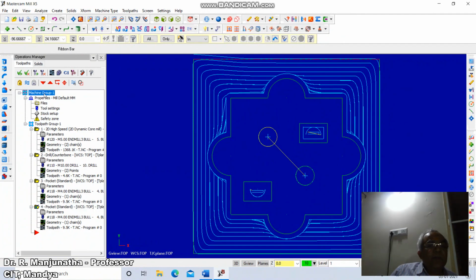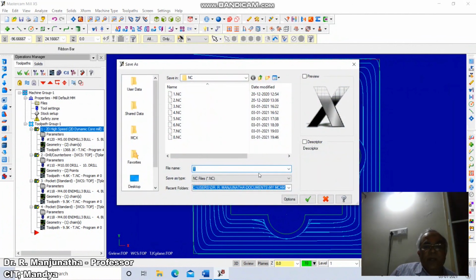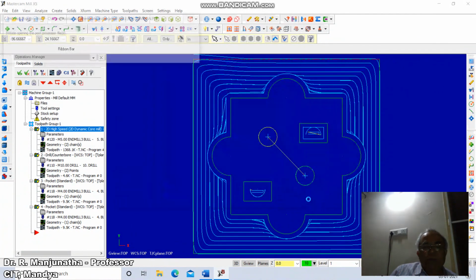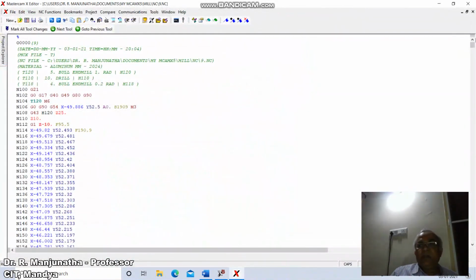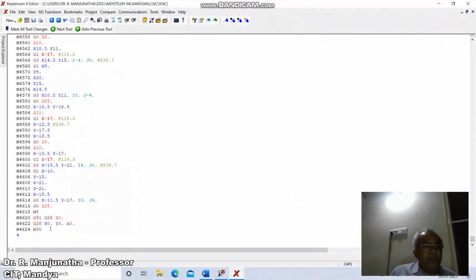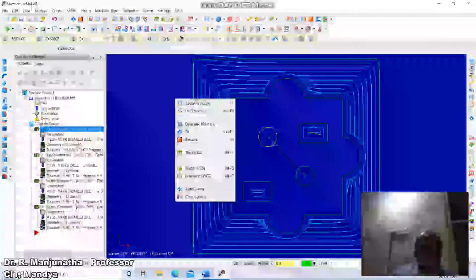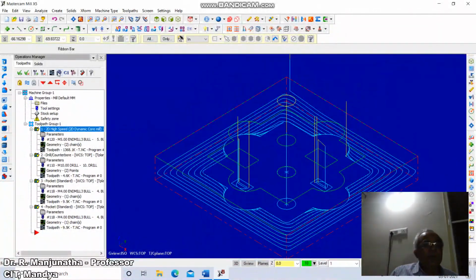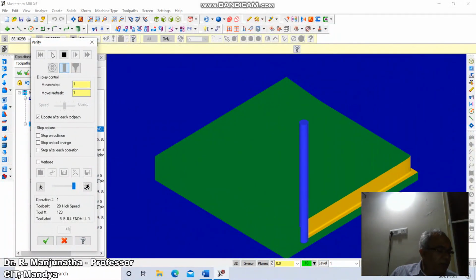Now we will go for generating the M&G codes. You just click on OK and enter the tool number 9. So now we will be able to generate the profile M&G codes which need to be fed to the machine. So we're going to have 4624 lines. So now we need to go for the simulation. Go to isometric view. Click on verify selected operations. Click on machine. So the profile machining is going to take place.